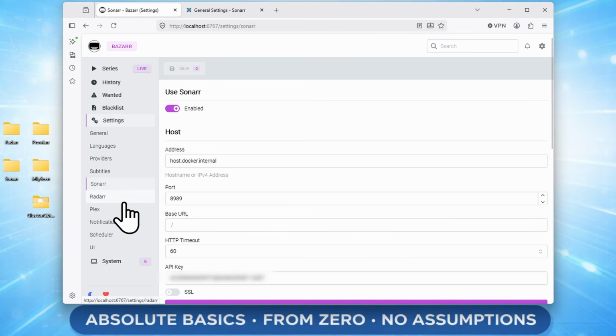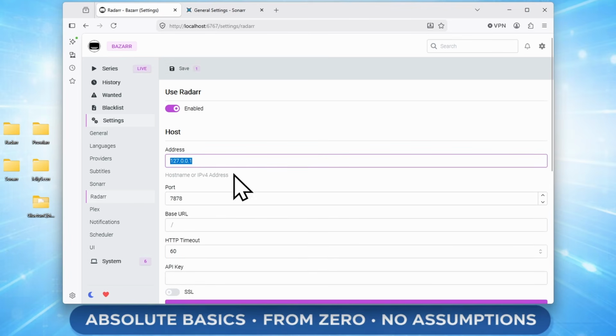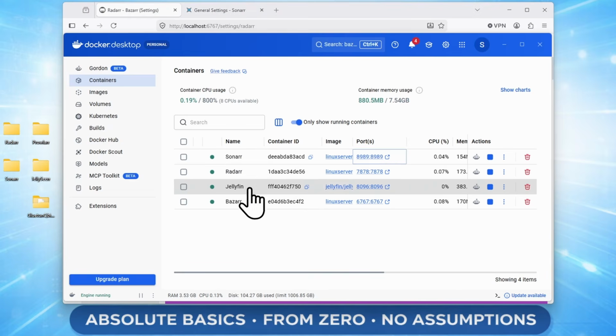Once that's saved, go down to Radarr, and we'll need to do the same thing. And the process is exactly the same. Click enable, type your IP address or host.docker Bazarr.internal, open up Radarr,